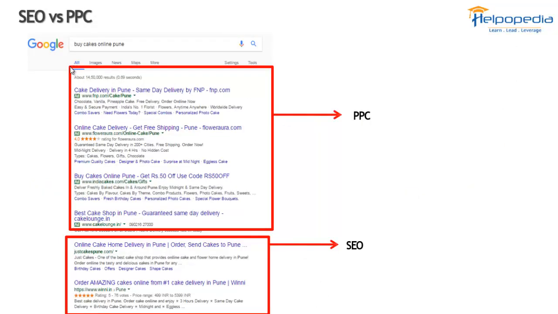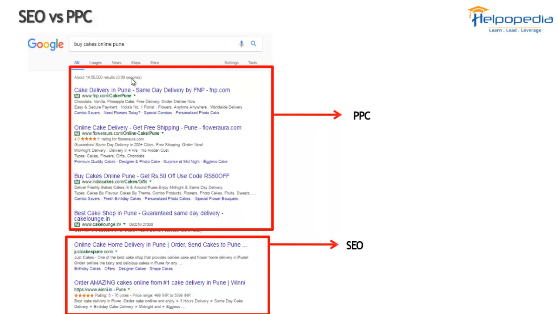Now we have SEO versus PPC. SEO is search engine optimization versus PPC is pay per click. So pay per click are these search ads. Whenever we search something over here, we see this ad. These are called ads, these are called pay per click. Now why is it called pay per click?